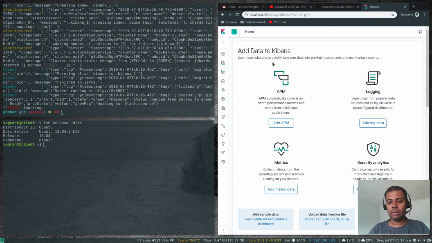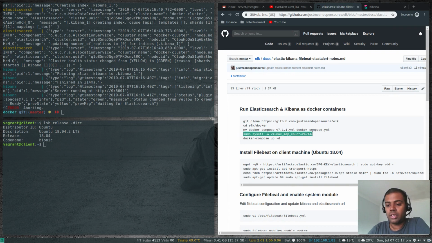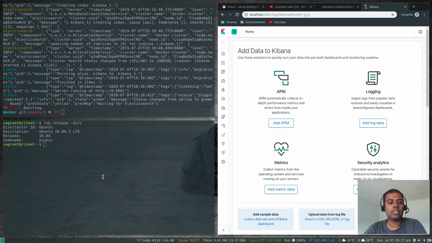We're going to install Filebeat. If you're following the Elasticsearch and Kibana Docker container, I've done a video on that as well, so make sure this step is very important. I haven't done that in this video because I've already done that step. You have to set the kernel parameter vm.max_map_count. Otherwise, the Kibana container will start, but the Elasticsearch container won't start, and you won't be able to access the Kibana dashboard. Right? So now we can go to our Ubuntu 18.04 virtual machine, and we are going to configure